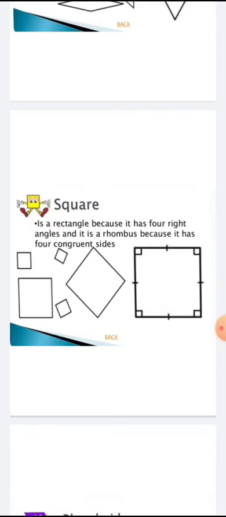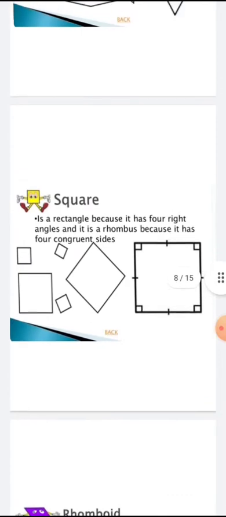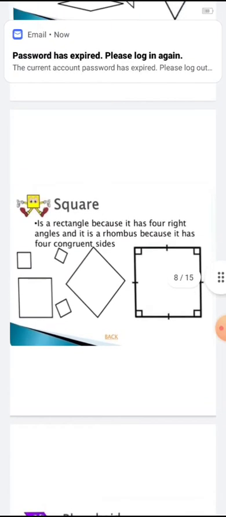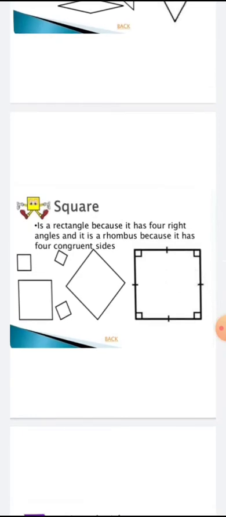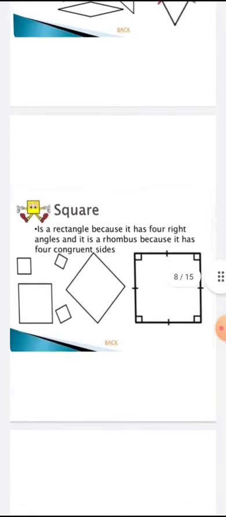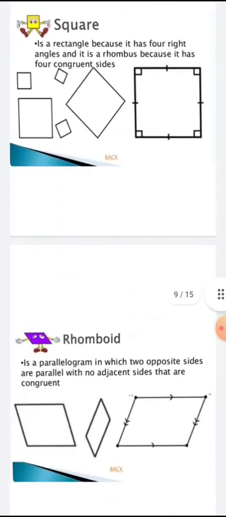A square, like the rectangle, has diagonals of equal length. The diagonals of the square are perpendicular bisectors of each other. They bisect one another, are of equal length and are perpendicular to one another. These are some of the properties of the square. So the diagonals of a square are perpendicular bisectors of each other. This is the property for the square.